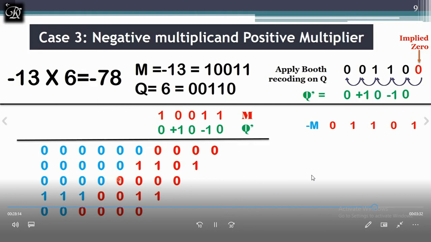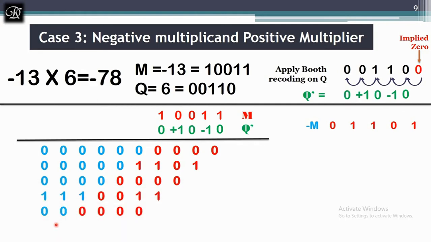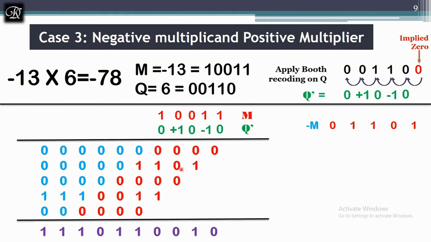Finally, find the final product. The final product will be 0 as it is, 1, 0, 1 plus 1 is 0, carry is 1, and plus 2 it is 3, 1 and carry is 1, and there are no bits over here. I have written 1 here and 0 over here, so I have written 0 and 1, 1, 1, and this is negative 78, which we got even by multiplying positive 13 and negative 6 in the previous case.